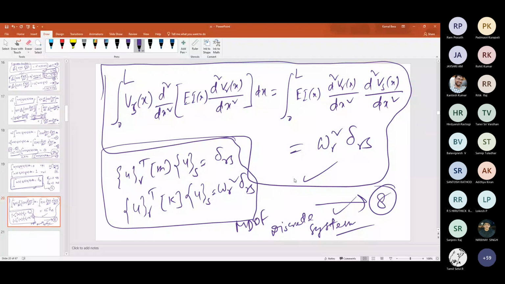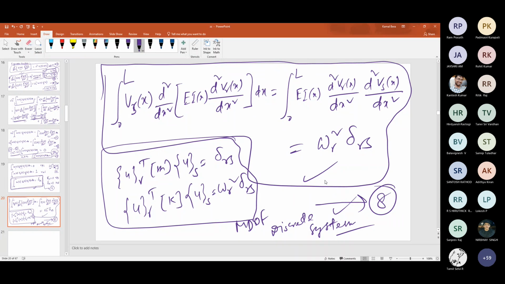Okay, and again the orthogonality relationship is so powerful. We have seen in multi-degree of freedom systems what it can do, right? We can uncouple the equations of motion and get single degree of freedom equations, whose solution we know for each. Then you can combine the solution of each equation to get the total response. So a similar thing is also applicable here. We'll study that.